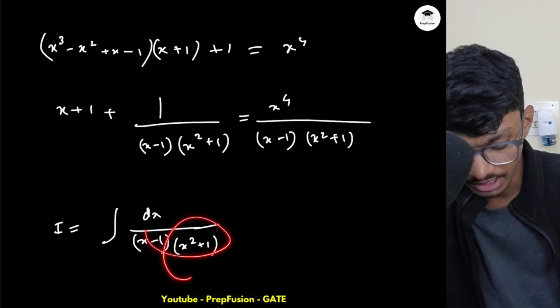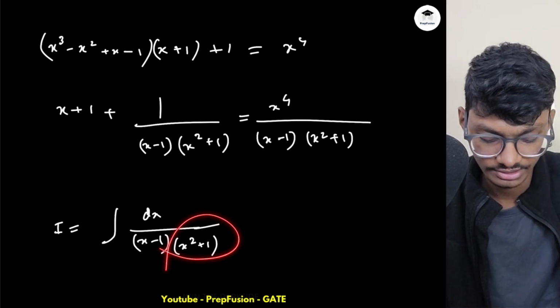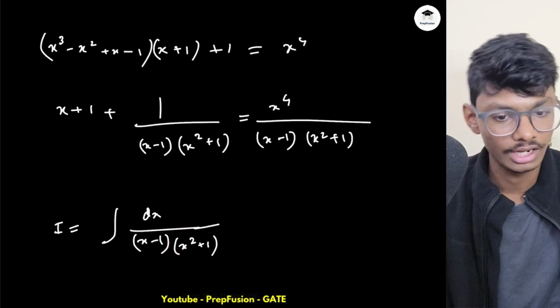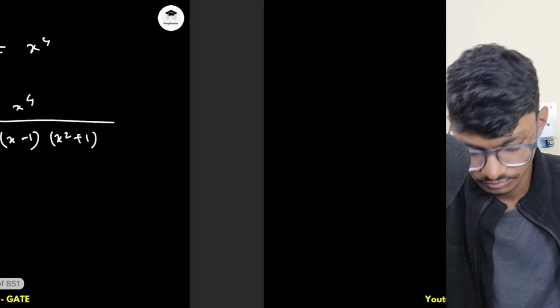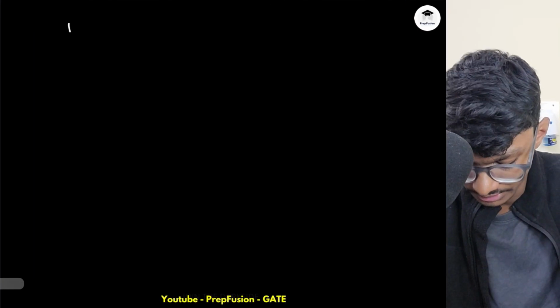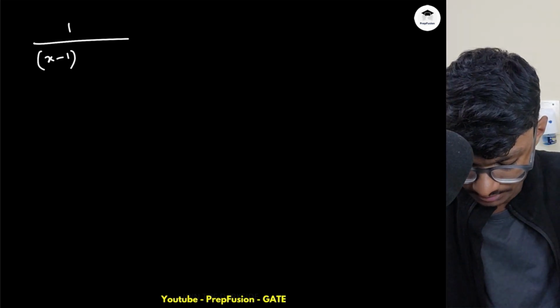So I can't break this down into real factors. I have to break this down into complex factors, which is plus minus i. I don't want to do that. So what will you do? You will write this as 1 by x minus 1